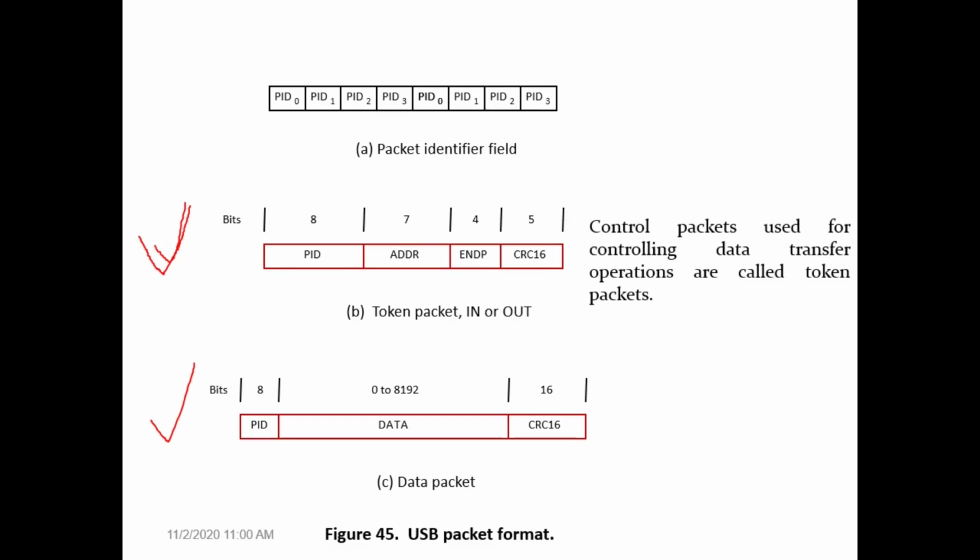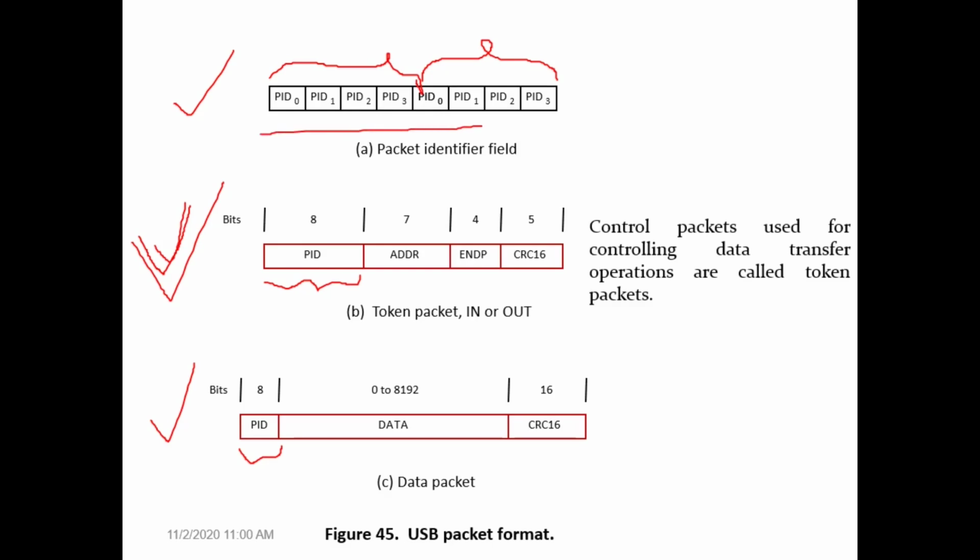For example, in this control packet we can see an 8-bit PID. Even in the data packet you can see an 8-bit PID. The PID is always 8-bit. Now how exactly does that PID look? Here they have given the PID separately. PID 0, 1, 2, 3 is the 4-bit PID. Again we have written the same PID 0 to PID 3, meaning we are copying the same 4 bits, so we are making an 8-bit PID here.